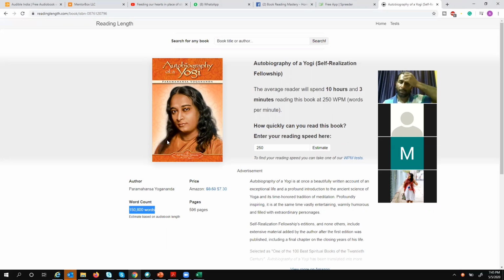Because we should plan our reading. When you want to read a book, once you identify why you are reading, what is your intention, it's good to plan accordingly. Like, okay, this book has this many words. If I read at a normal speed, I may take 8 hours. Okay, I want to finish it in 6 hours. When you have a very clearly defined goal, the probability of you reading much faster will be higher. So set some goals, and this site will help you identify how many words are there rather than you manually calculating. This will give the exact range. Otherwise, with manual calculation, we are just taking an approximate number.